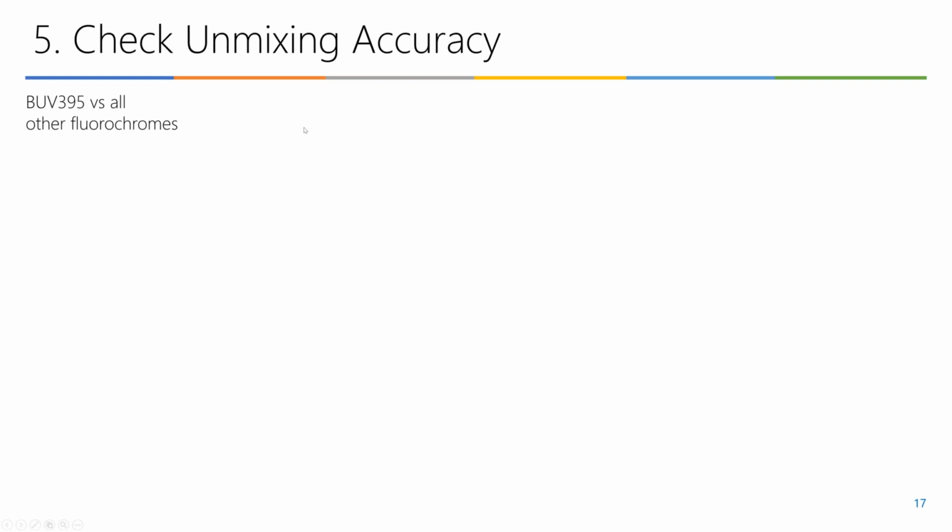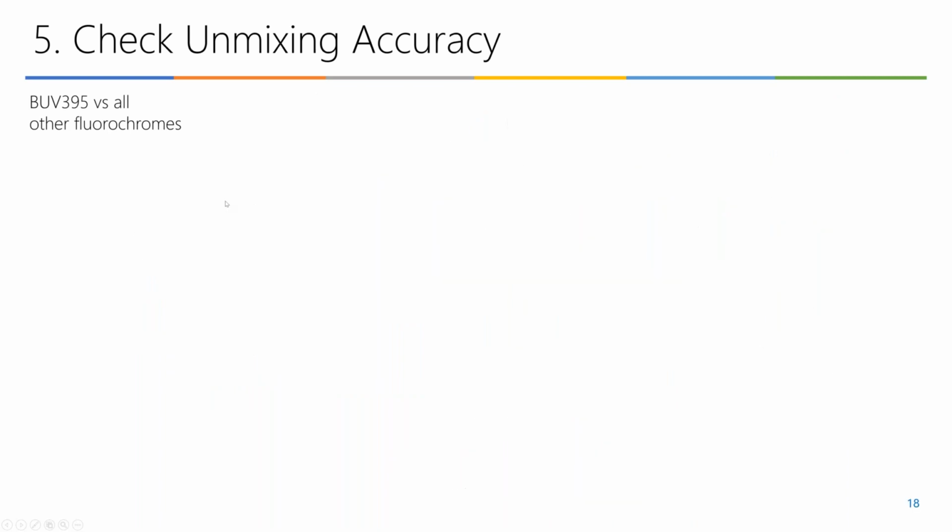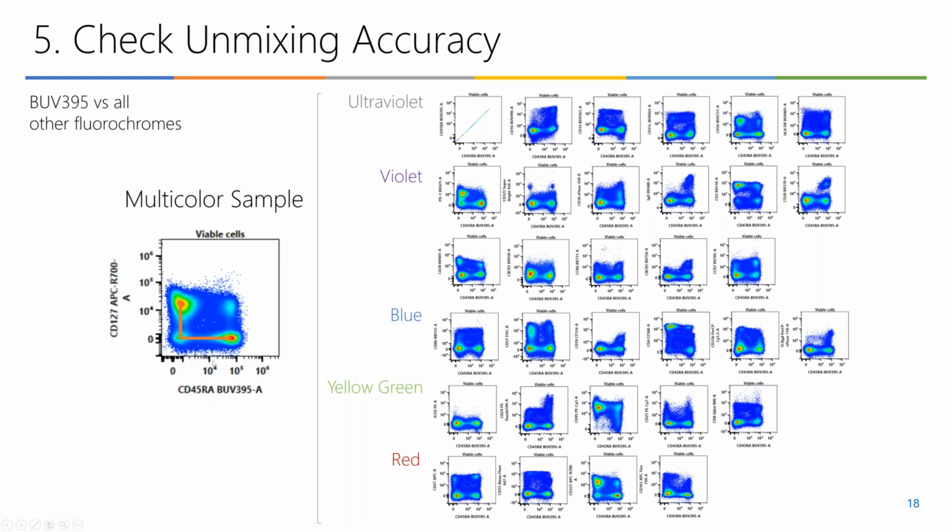The best way to figure out if your unmixing is accurate is to look at your sample. This is an example with single stain cells plotting all possible fluor combinations. In this case, BUV 395 versus all the other fluors in the panel. What you need to look for is the alignment between the intensity of fluorescence for your positive and your negative in the y-axis, if it's a single color stain. And if it's a multicolor sample, you would look for that alignment on both axes, negative and